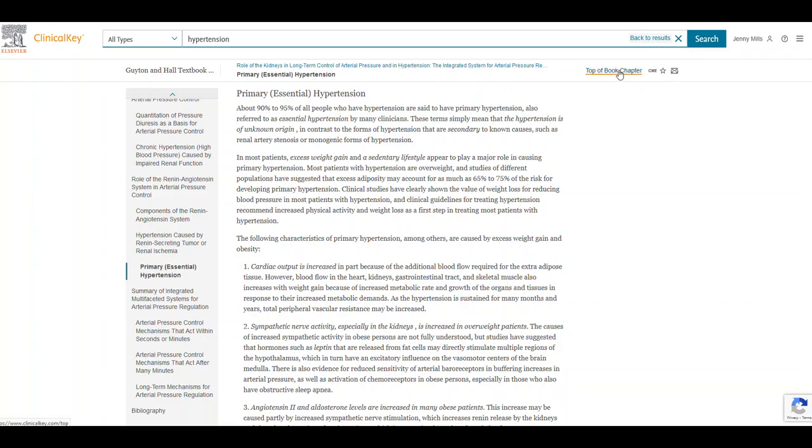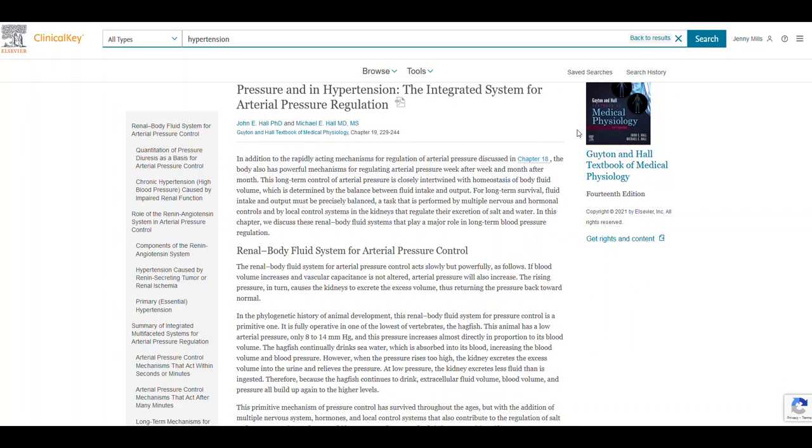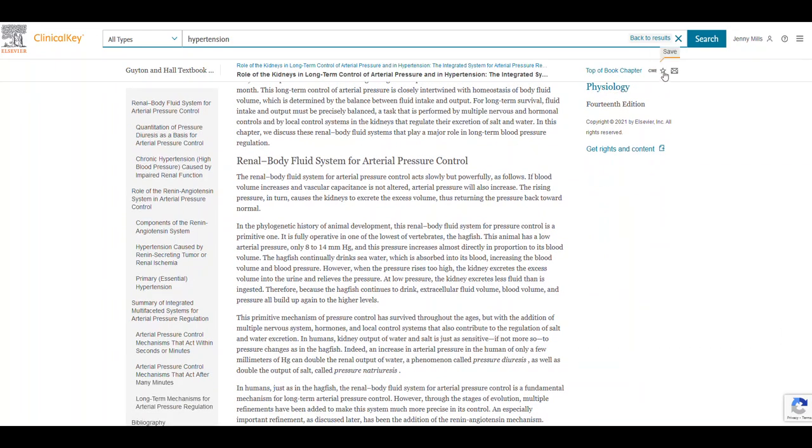If I go back to the top of the book chapter, you'll notice there's a PDF, but it's grayed out. Some of the books will allow you to download chapters as PDF files and some will not. So if it's grayed out, then you don't have that option, but you can still save the chapter to your